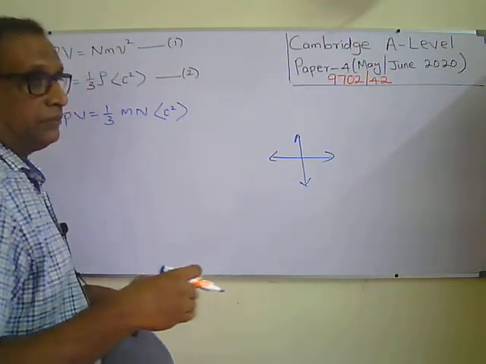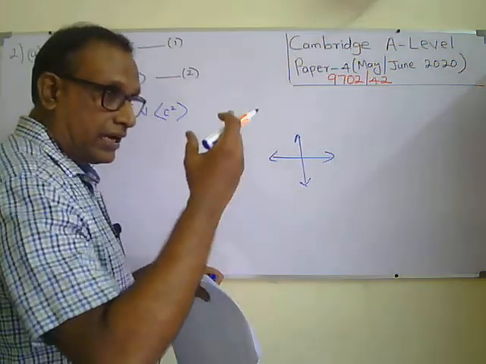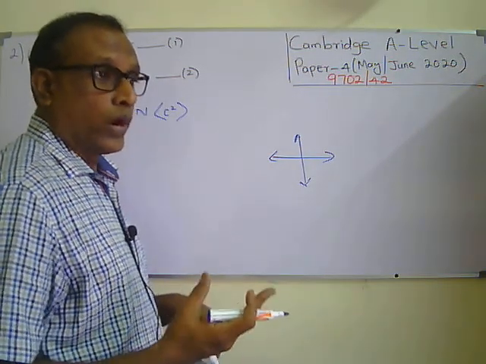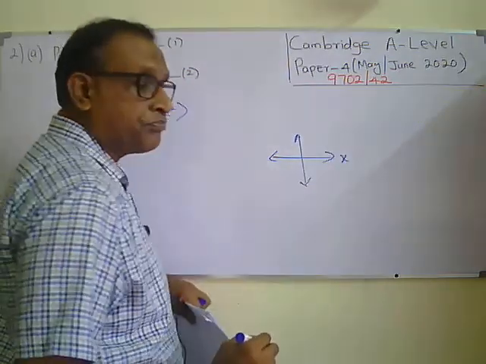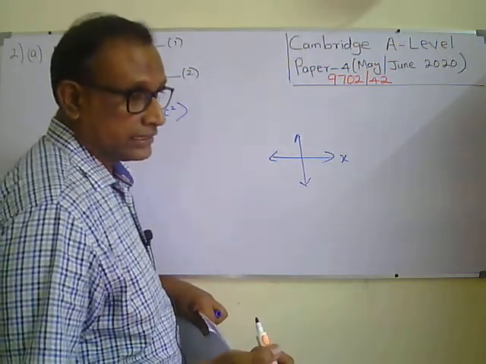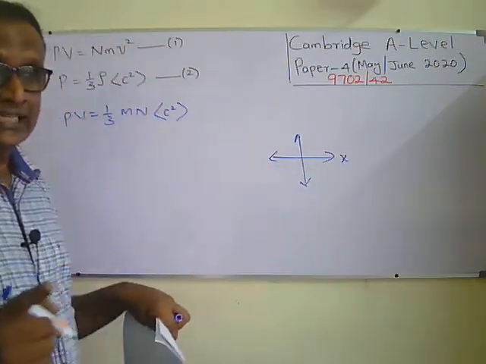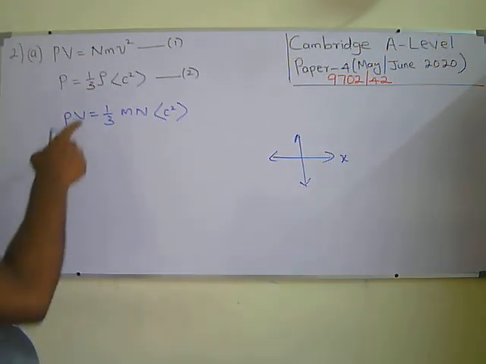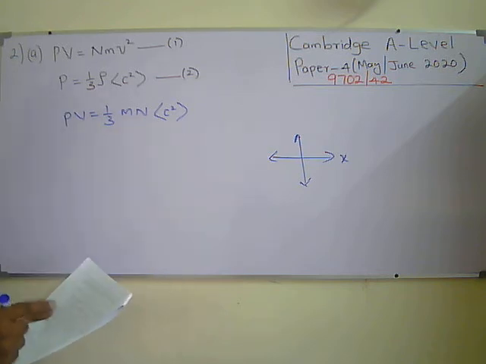Probability-wise, if there are n number of molecules, 1/3 of them are moving in one direction, maybe the x-axis direction. The other 1/3 is moving in the y direction, and the other 1/3 of the gas molecules is moving in the z direction. x, y, z, three dimensions, right? So that's the reason there is a 1/3 count. That's the answer for the second part.